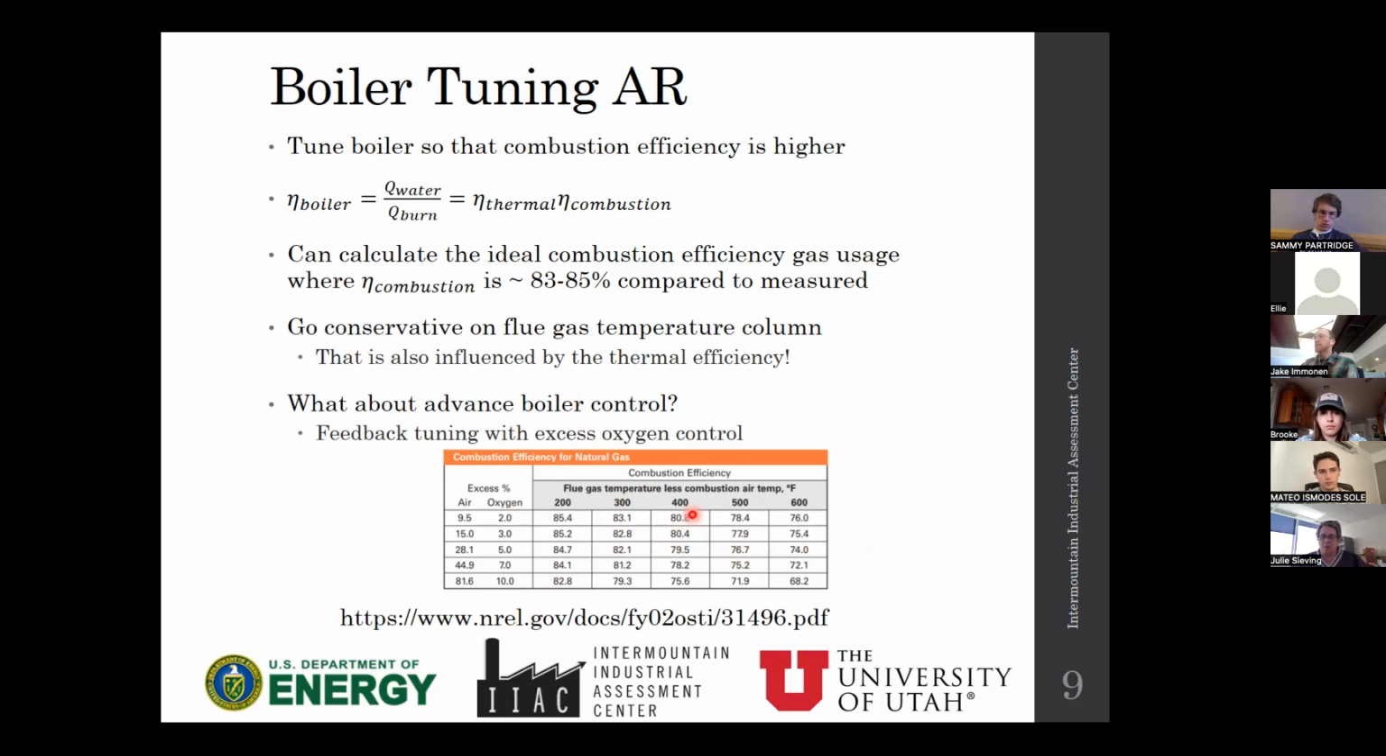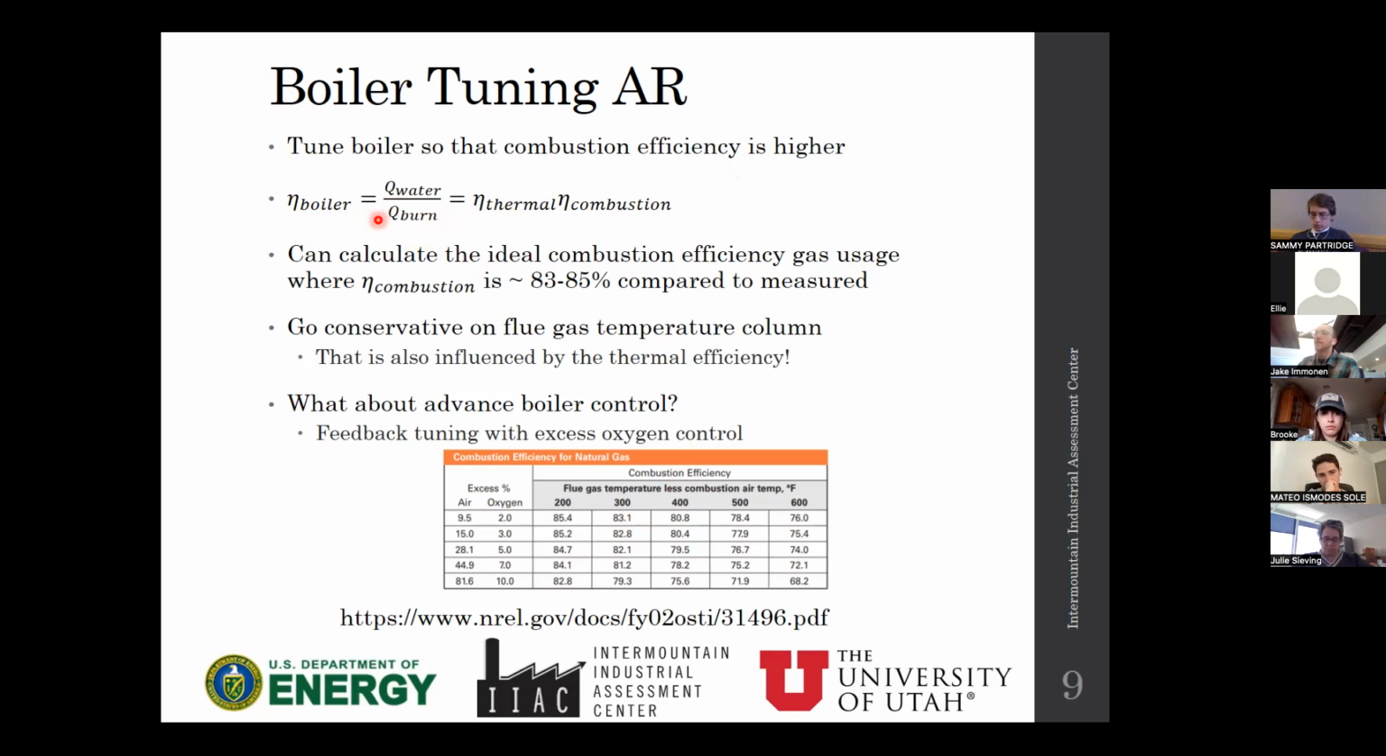I think the easiest way to do this is to use this table from NREL to say, okay, what's the efficiency of our boiler now? To find the efficiency of the current boiler, you would take the combustion efficiency that you measure, and then the thermal efficiency of the boiler, which can usually be found in the data sheet. Then you can find the total efficiency of the boiler. The next calculation would be to use the better efficiency to calculate the new boiler efficiency. And from that, we can back calculate this Q burn